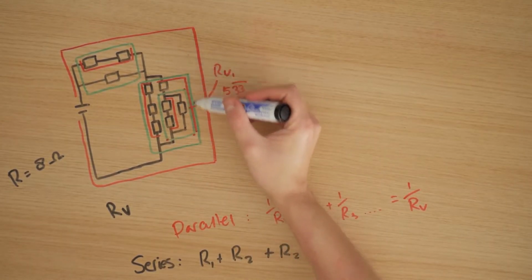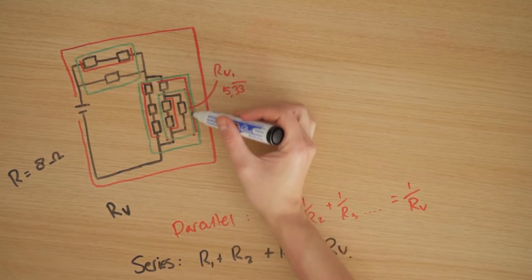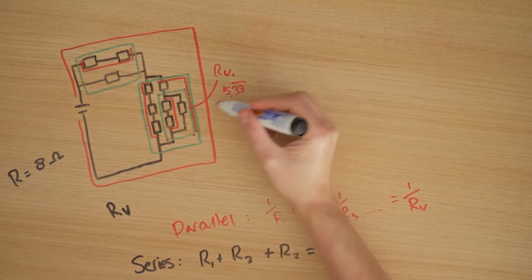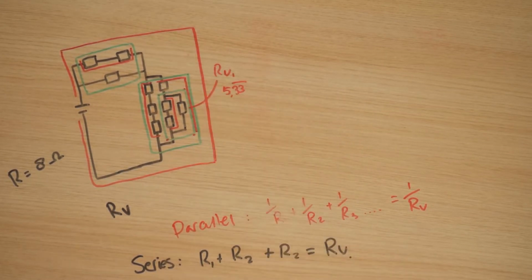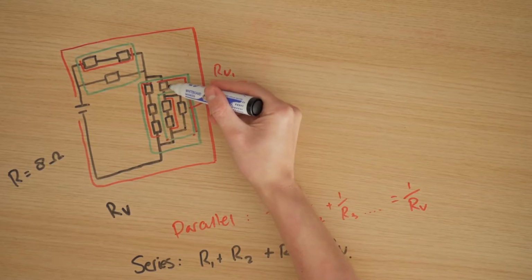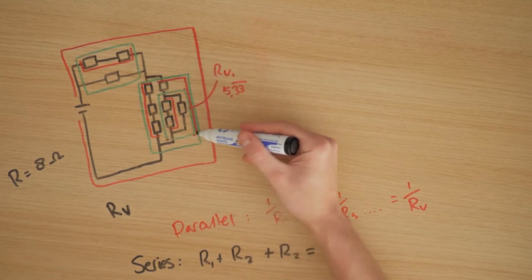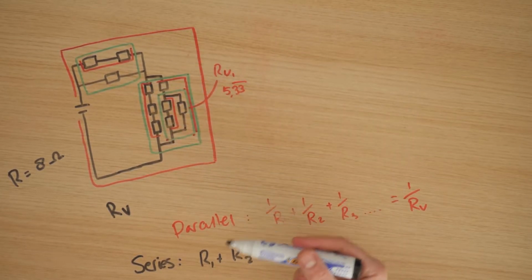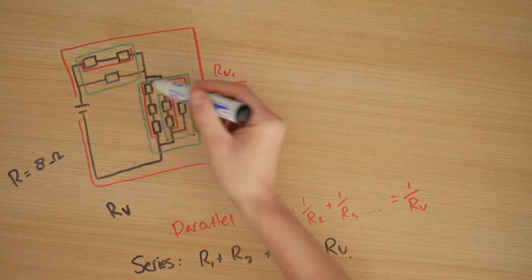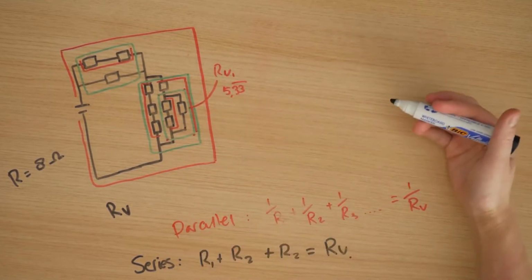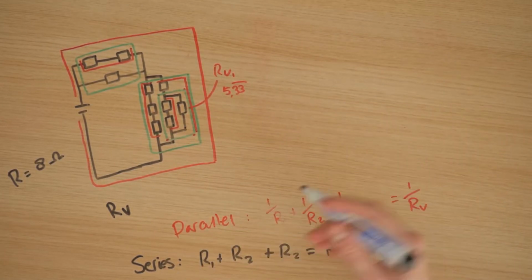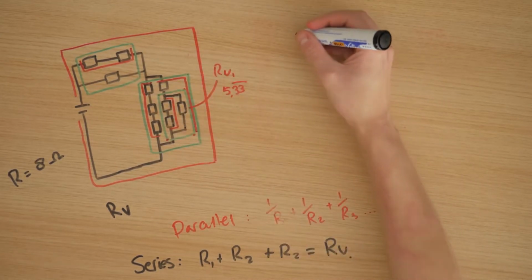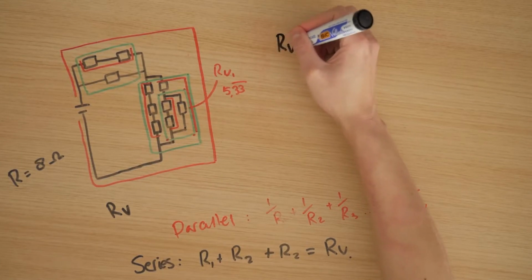Now we can actually do this whole thing in one go if we want. We can also add plus 8 to this 5.33 because it's in series with this resistor here. So we can add 8 here, and then we would have this group, and then we'd have to put it in series with this. But I'm going to show you what it would look like if you would do such a thing in a speedier fashion, although it would look a little bit more daunting maybe. Well, RV is